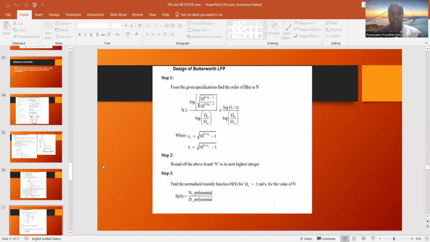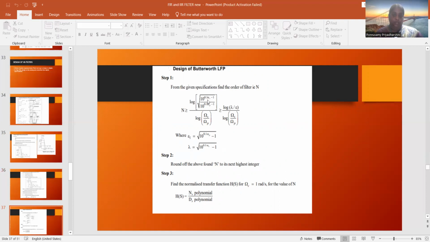Design of a Butterworth filter. How to design a Butterworth filter? Okay, so this is of IIR filter. Step one: from the given specification, first you have to find the order of the filter. So n has to be greater than or equal to log of root of 10 to the power